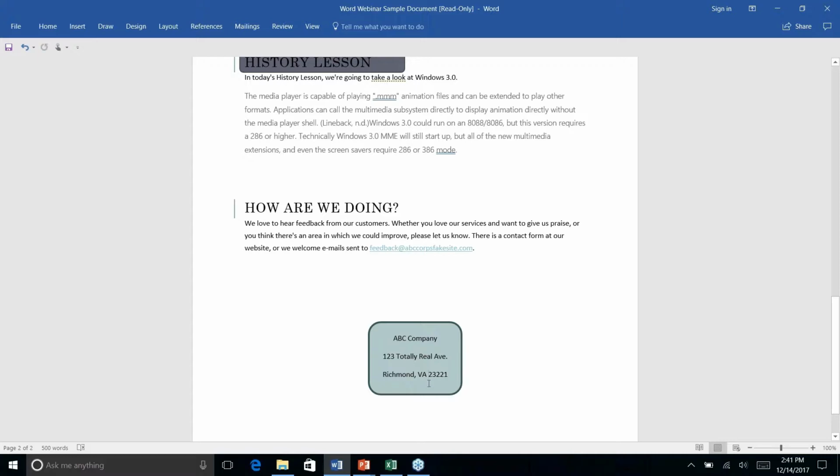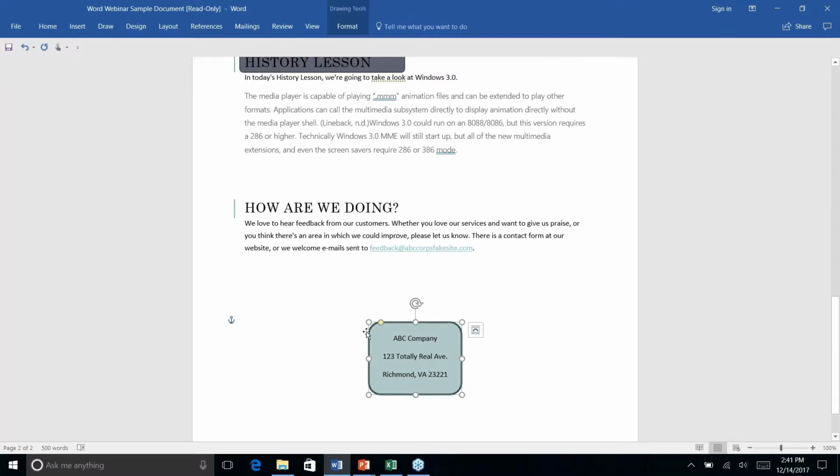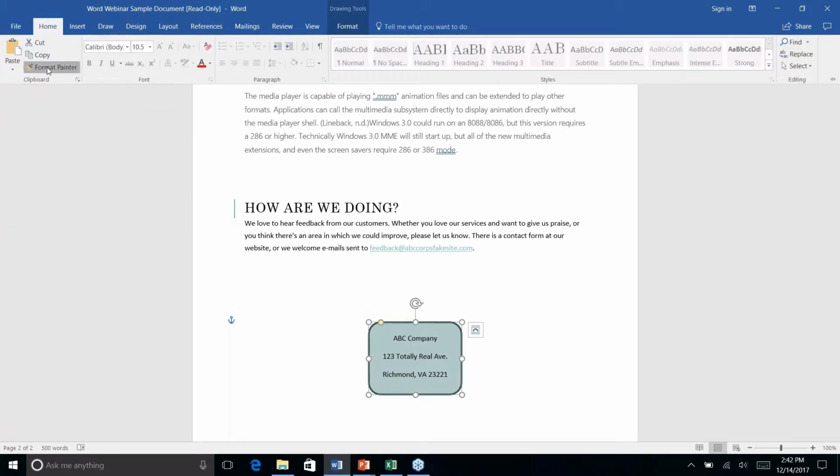I don't have to worry about it. Come up here under Home. Make sure that you have the shape itself selected, not the text. If you wanted to take the formatting of the font that you're using, the color, the size, you can use Format Painter to adjust that as well. But this here is a little bit more visual, it pops a little bit better. So I like this as an example. Make sure if you're doing this to a shape that you have the shape selected, or the element, whatever it is. Come up here to Format Painter, and it will